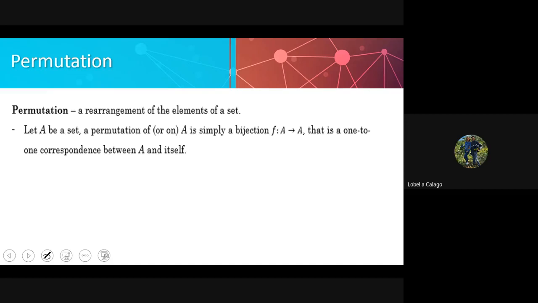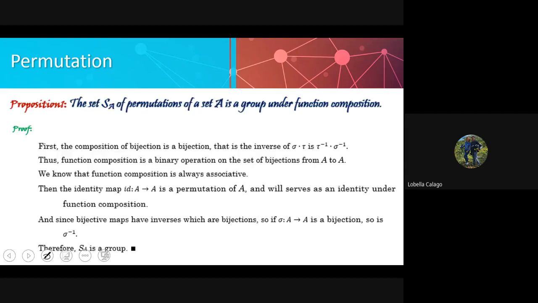yung definition ng bijection function sa previous na topic, sa isang subject, no. Bijection function is a one-to-one mapping to itself lang. So, yun. Kaya nga, meron tayong bijection f, which is A to A. So, mapping to itself, that is a one-to-one correspondence between A and itself. So, yun po yung permutation. Bale, imamap nyo lang yung sarili, pero there is a rearrangement. Okay. That is the definition, no? Now we have to discuss